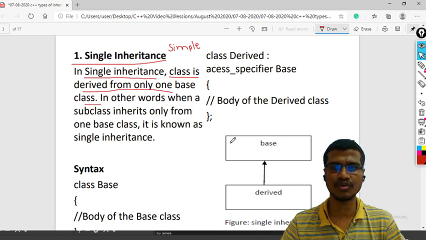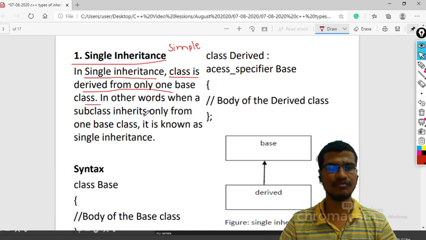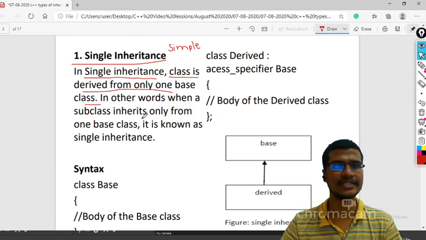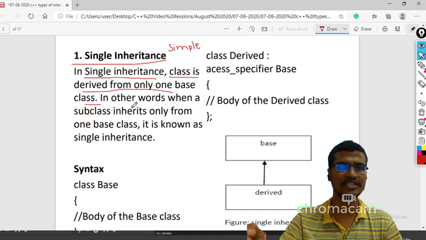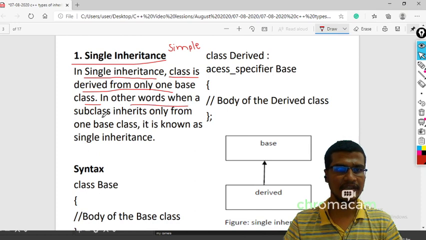There is only one base class, and from this class only one derived class is derived. That is single or simple inheritance. In other words, when a subclass inherits from only one base class, it is known as single inheritance.